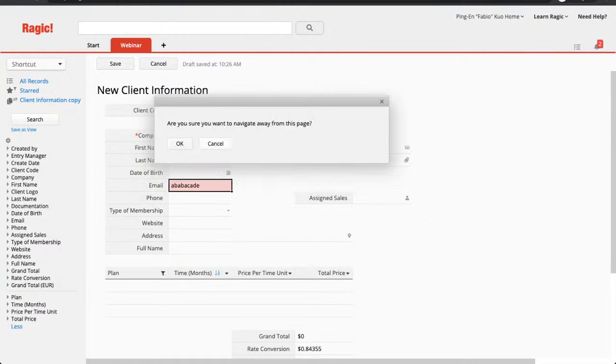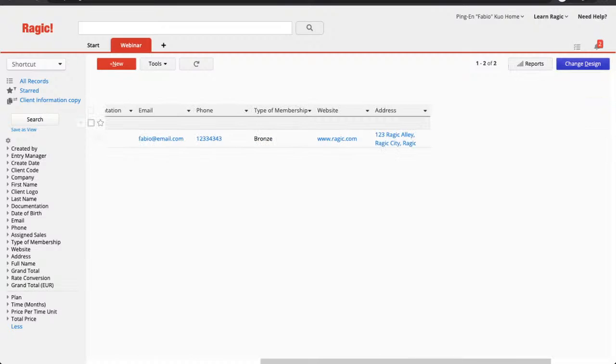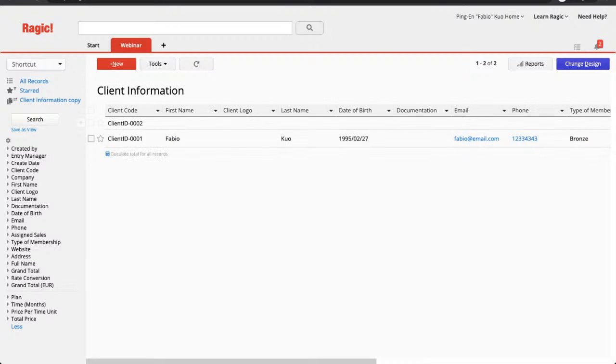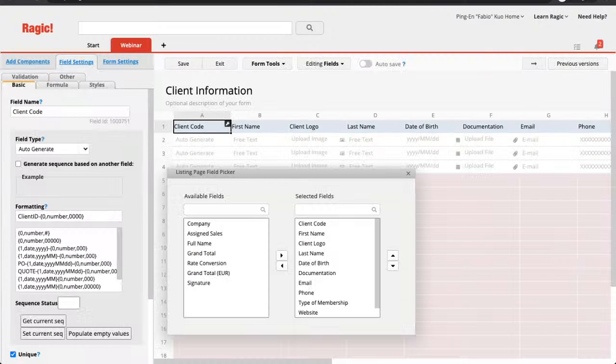I can't save this, so let me just leave right here. And as mentioned in my previous webinar, you can also modify the fields displayed on the listing page, which basically displays all the selected information of all records. But you can select which fields you would like to display by going into the design mode of your listing page, and then use the listing page field picker to assign which fields you would like